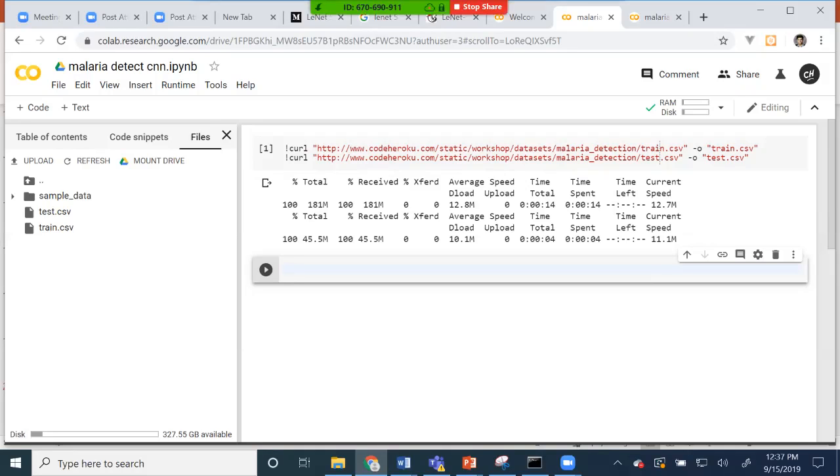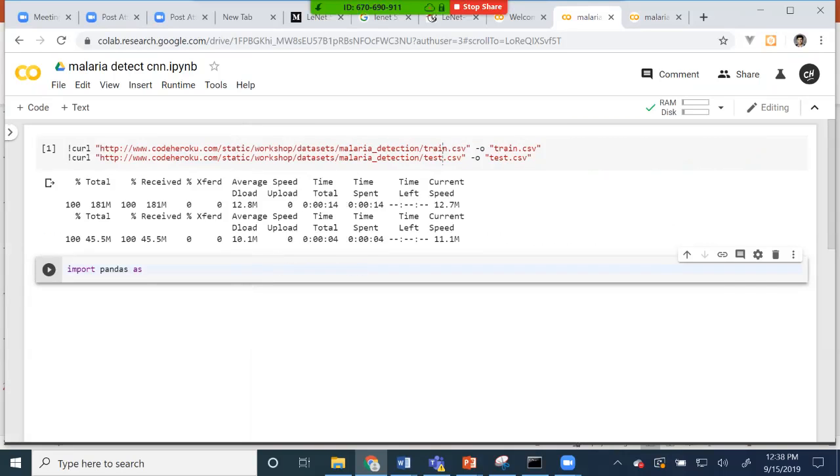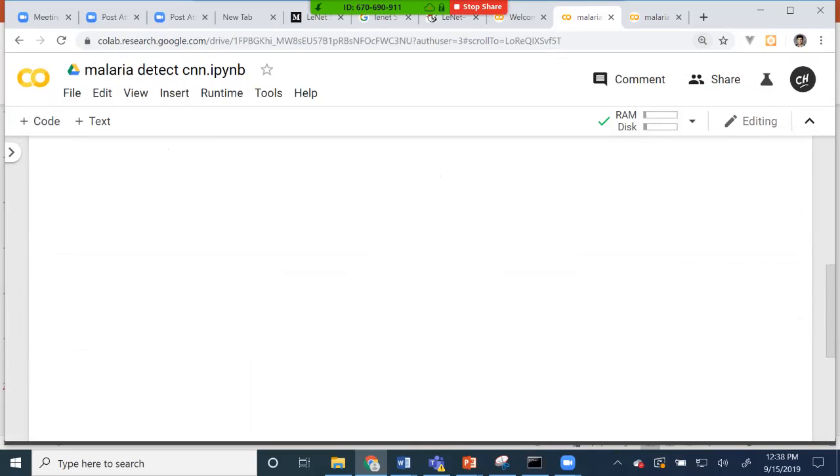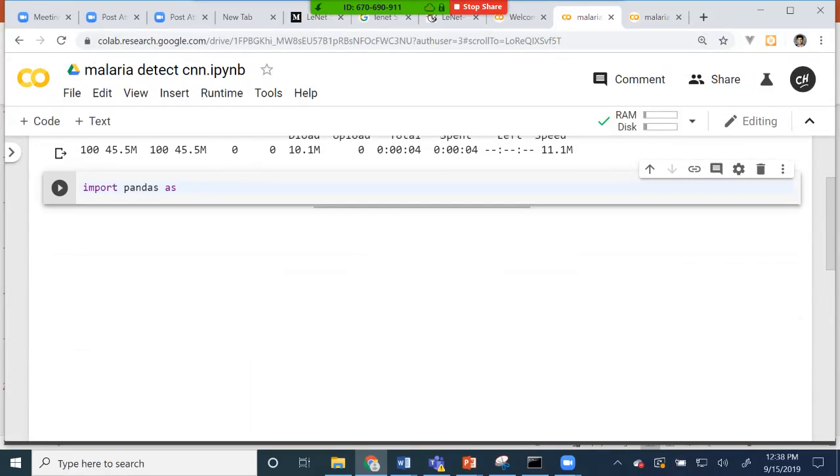So what I'm going to do is use our favorite package, which is pandas. Let's just look at what is inside the data and you will know what we have. Whether it's a CSV, whether it's a color image or a grayscale image, you will find out. So we'll use our favorite package pandas and load these CSV files. Let's go ahead and do that. So let me make sure that you are able to see my screen properly, and it's big enough. Okay, so import pandas as pd. And then we could say,